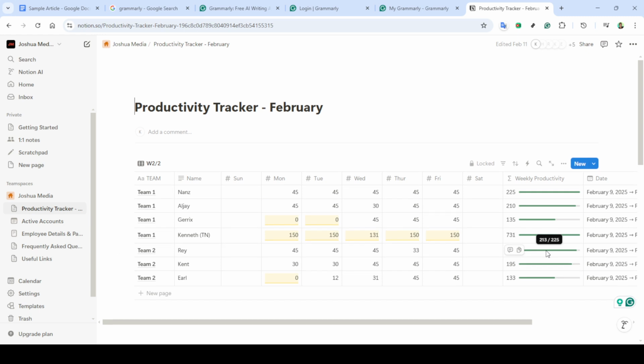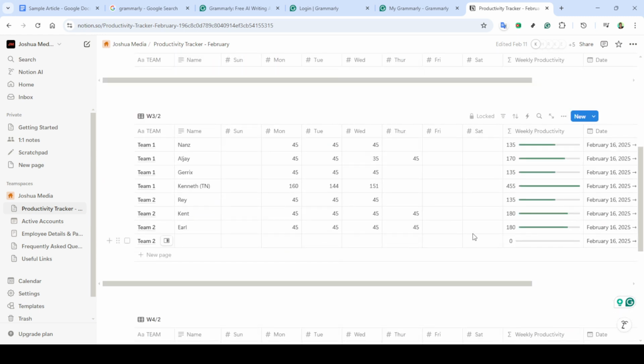This setup ensures that as you brainstorm, plan, or execute projects in Notion, Grammarly's language guidance tools are right there